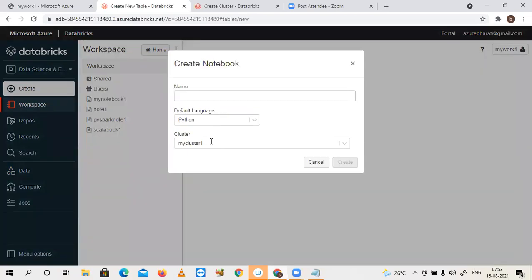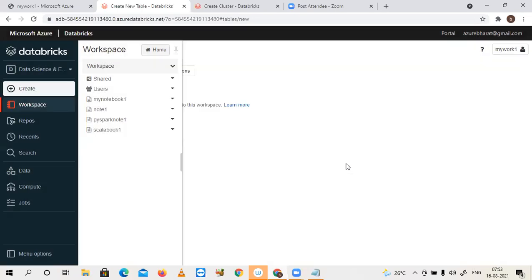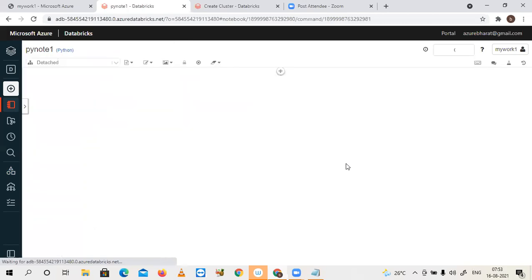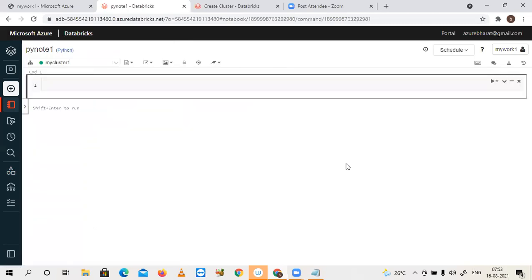Still, this is for my cluster only. Previously we created PySpark Note 1, and directly by clicking on this, you can enter into that. Okay, I am creating a fresh notebook. A fresh notebook is created.